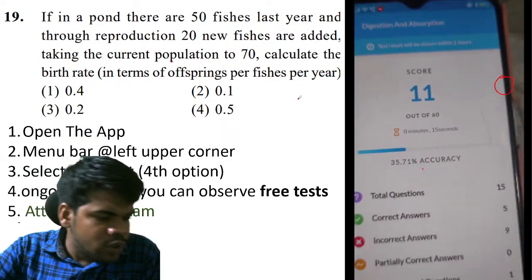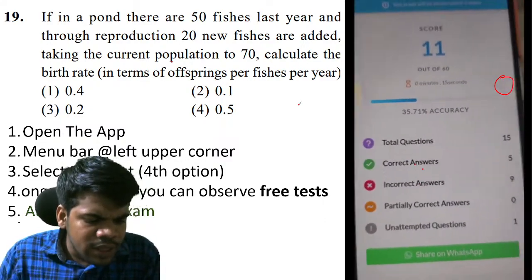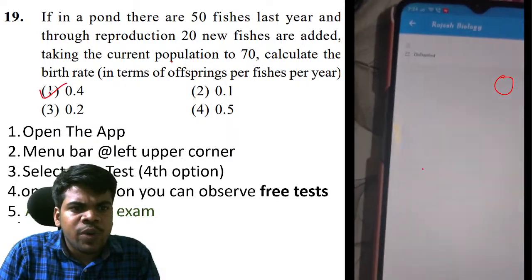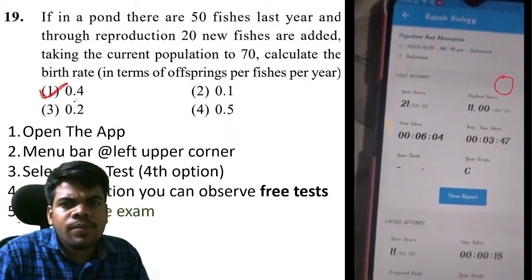Come to the 19th question. The right answer is yes, Chinnu correct and Chandrika correct. The right answer is 0.4. Okay,